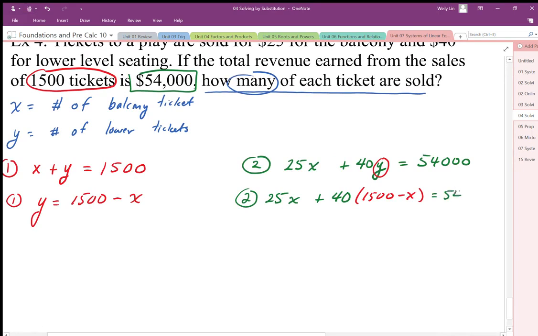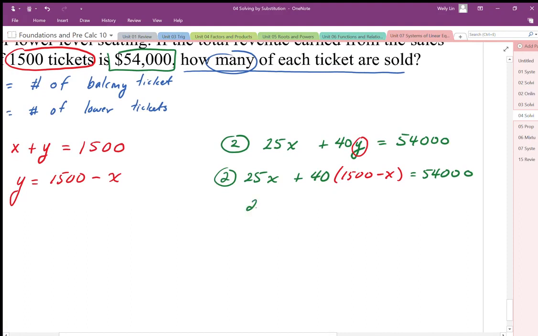And by doing that, now look at the new equation. The new equation only has the variable x in it. So now I'm going to go ahead and solve this. So 25x plus 40 times 1,500, that looks like 60,000, minus 40x equals $54,000. So combining my like terms, I get negative 15x. I'm going to subtract 60,000 from both sides. That's going to give me negative $6,000 on this side. So dividing both sides by negative 15,